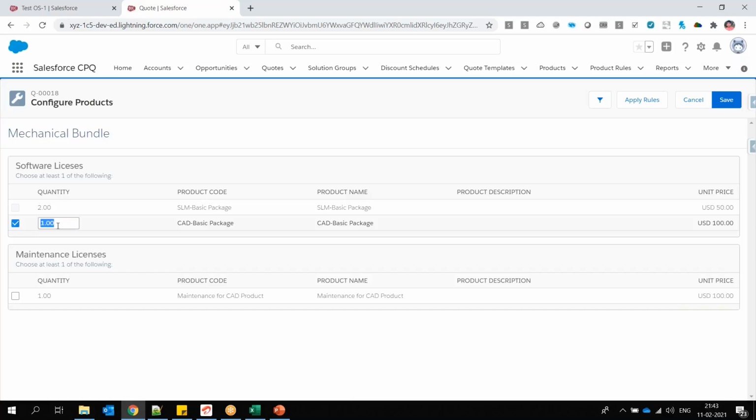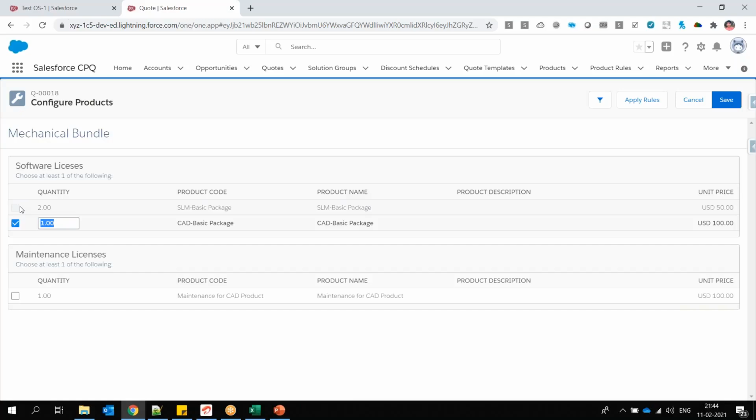The second example is exclusion. Exclusion means, for example, if you purchase an advanced plan, say an antivirus advanced plan, you don't need to go ahead with the basic plan because you already purchased the advanced plan, right? So that time you can use the exclusion: if you selected advanced, the basic will be excluded. This is the way you guide your sales rep to sell those products. This way you can avoid manual mistakes, and it will avoid rework as well, because